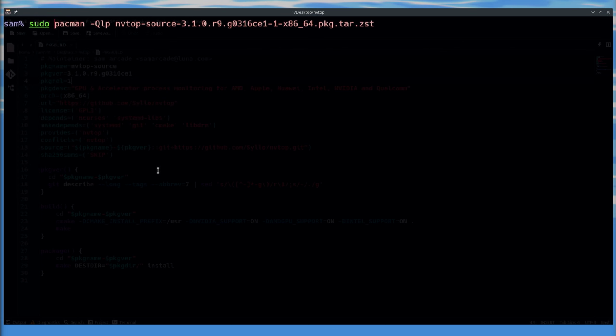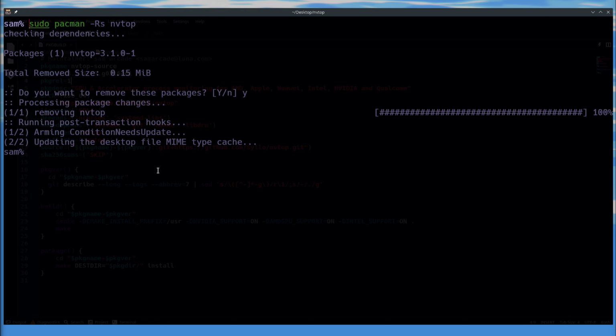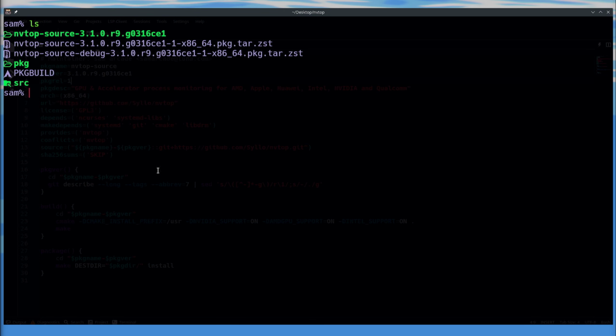Let me remove the current version of NVTop so we can install our new package. Now type make pkg-si to install the package.